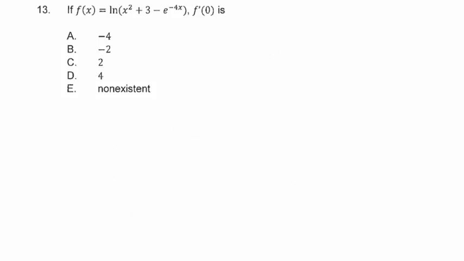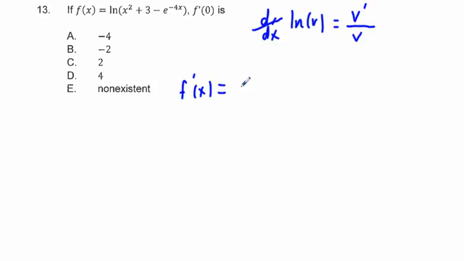Problem 13, if f of x equals the natural logarithm of quantity x squared plus 3 minus e to the power of negative 4x, f prime of 0 is, what that is, d/dx of ln of a function is going to be the derivative of the function over the original. So f prime of x is going to be equal to the derivative of x squared, which is 2x, and we're going to have